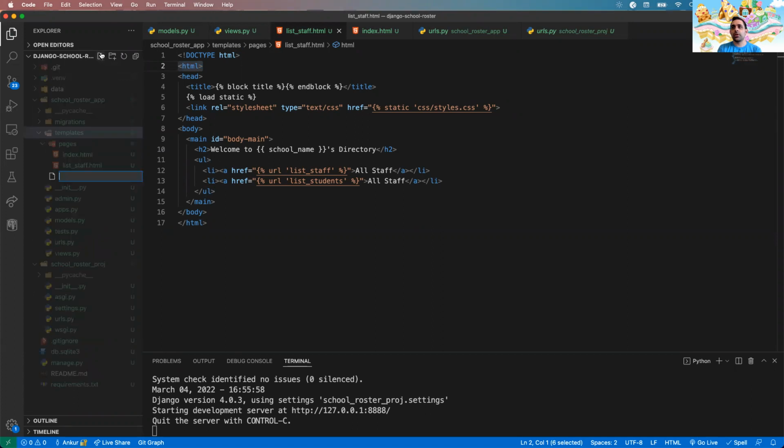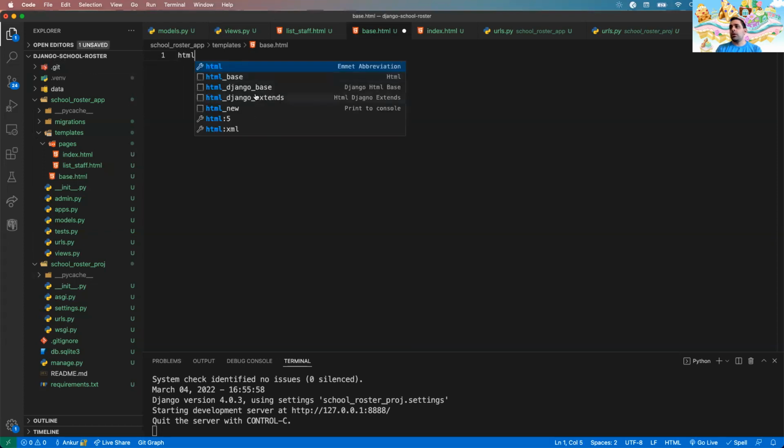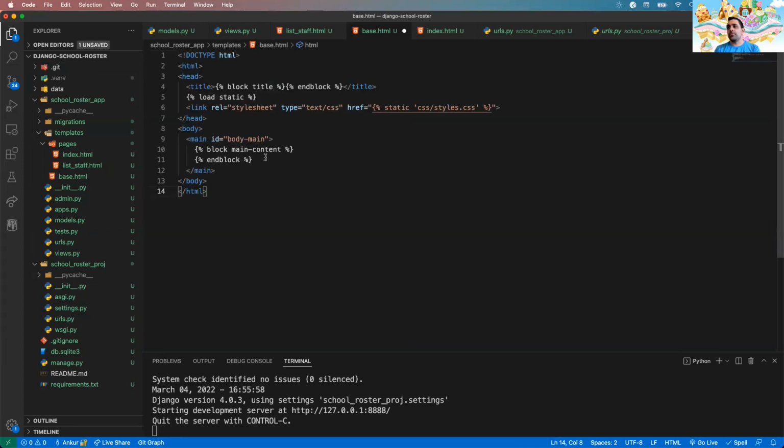So here I'm going to create a new file and call it base.html. I think you might have seen it as layout.html, perhaps in other challenges. But here, this is what my core template of templates, if you will, looks like. So I'm going to do HTML. All right. So here I've got a